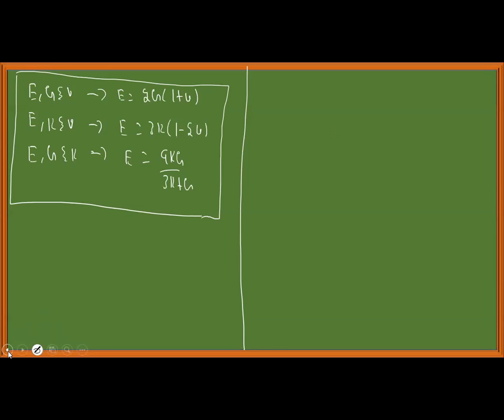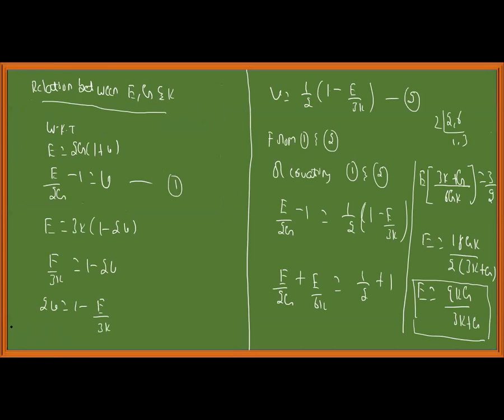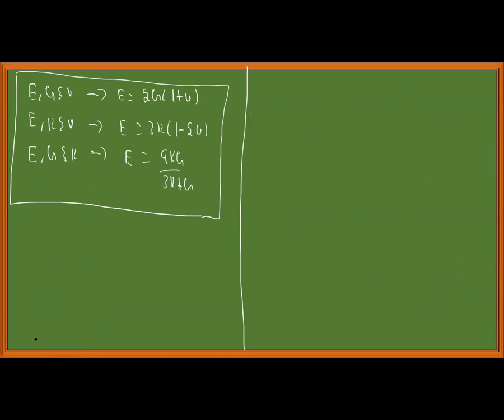Sir, are the derivations for these formulas important, or only for understanding? They can ask the derivation: obtain the relation between E, G, and K. For 6 marks they will ask. It is also required because if you know K and G, you can obtain Young's modulus for an isotropic elastic material. If you know bulk modulus and Poisson's ratio, you can obtain E. If you know G and E, you can obtain Poisson's ratio. This type of numericals will be asked. Also, if you are doing any experiment and know any two values, you can relate them to evaluate the unknown. Right?